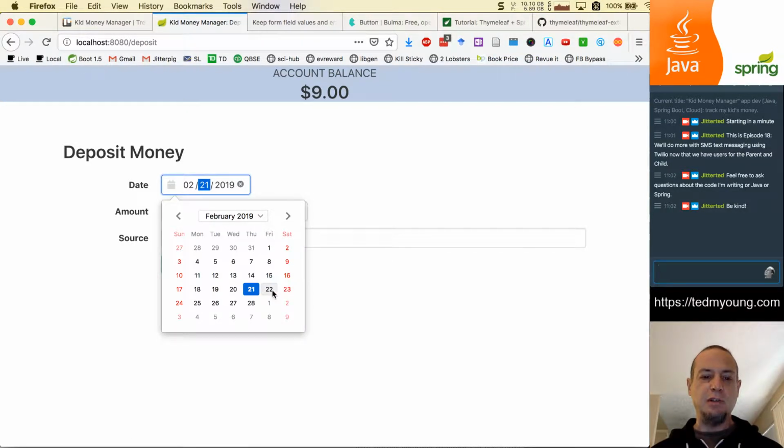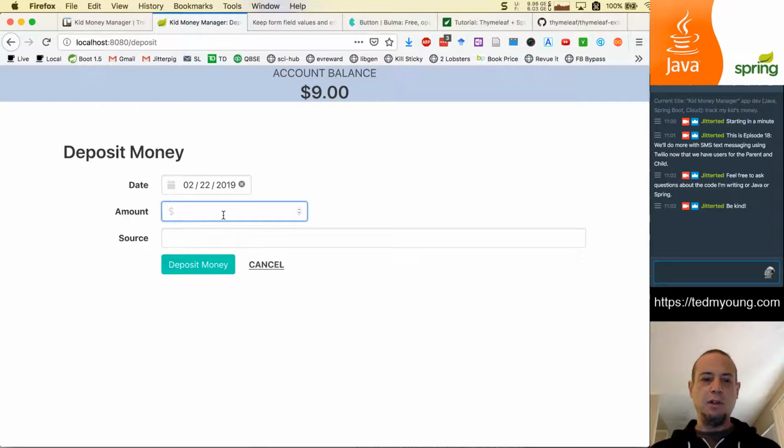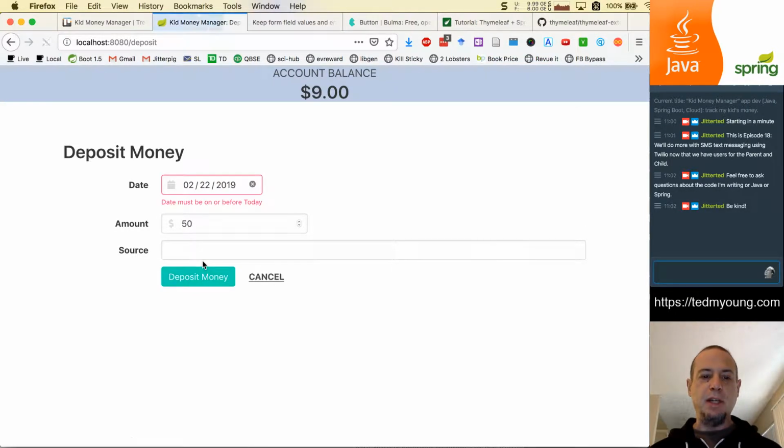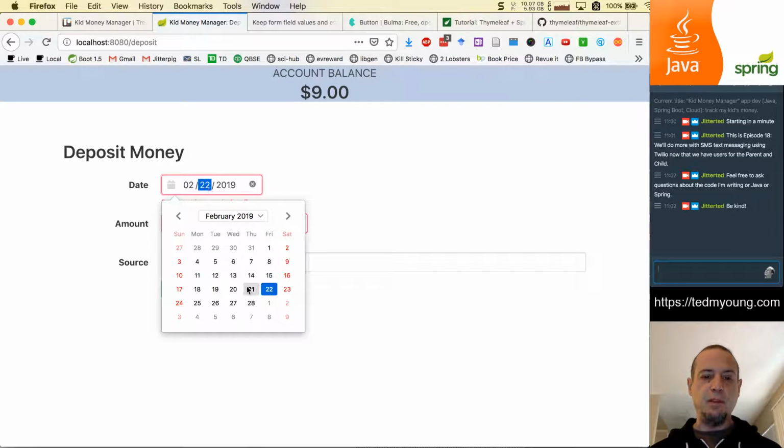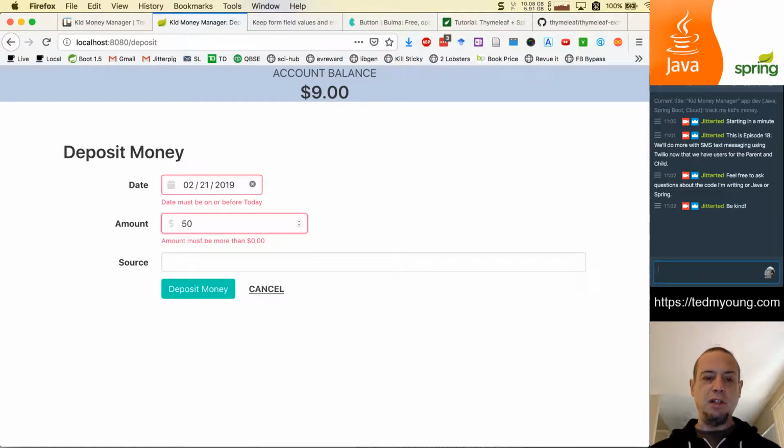So if I try to put in a transaction for tomorrow and I do a deposit, it basically says, nope, date must be on or before today. And so this date is customized in the transaction command validation that we did yesterday. And if I put in -50, we'll get basically error messages for both. So if I fix this and I put this to today and change this to 50 and I deposit, then